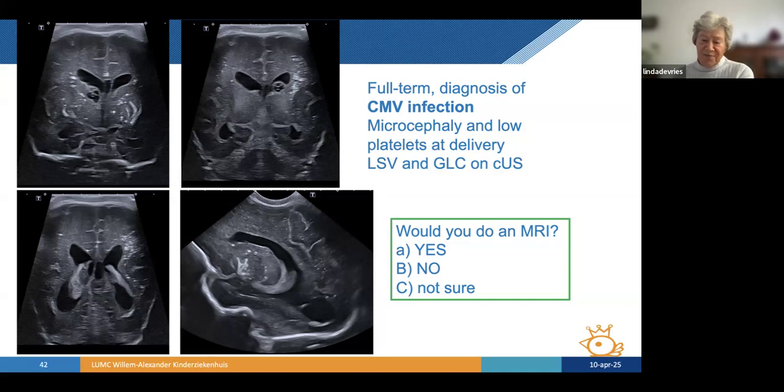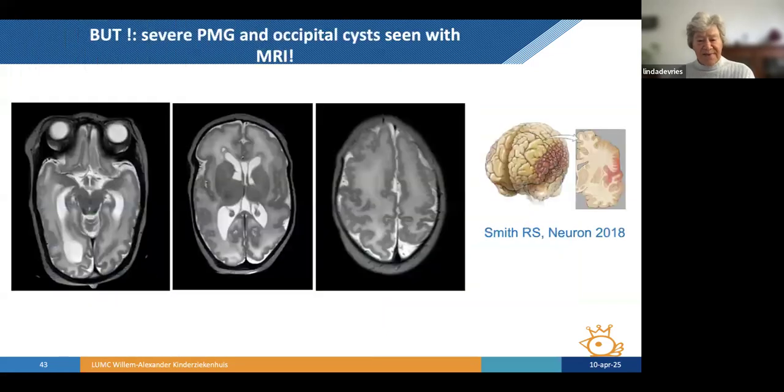Now, when I'm giving a live talk, I usually ask the audience, would you do an MRI? Many of them say no, because now we've got a diagnosis. So why would you like to do an MRI as well? It's unnecessary. But in fact, it's really important because on the MRI, we see the occipital cyst more clearly than